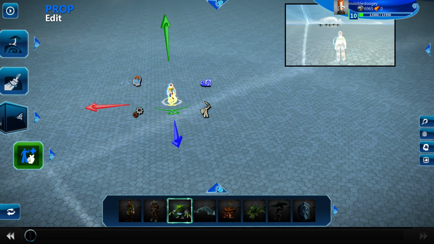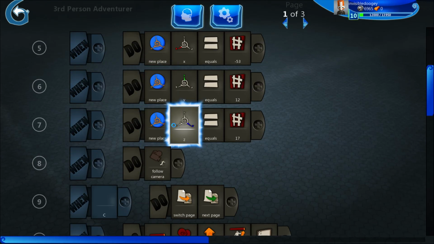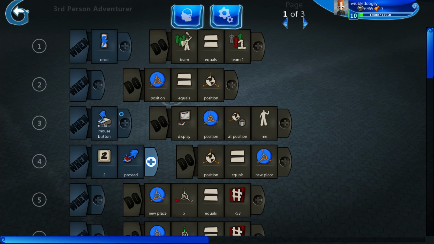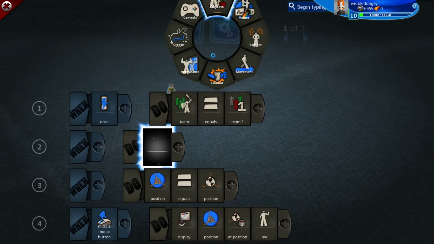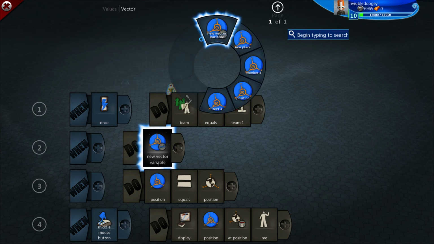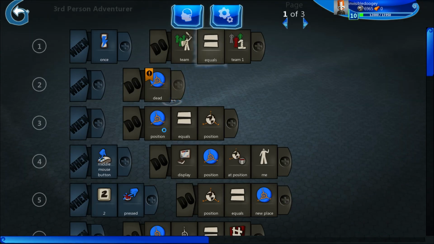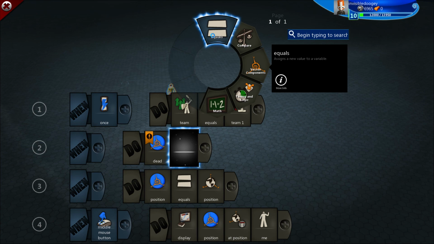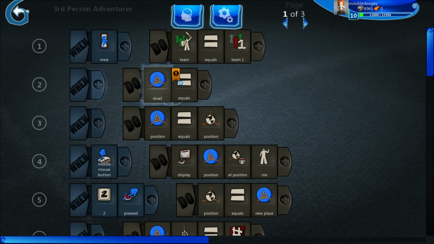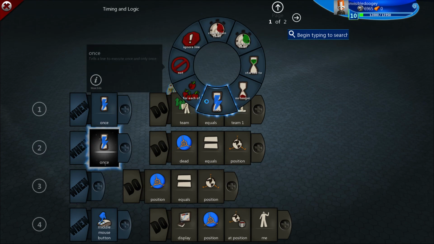But manually takes up a lot of time. Manually setting positions for everything is crazy. So one of the things that you'll probably use most often is respawning a player at a position. So what we want to do is create a new vector variable, and let's call this dead. Really doesn't matter what you call it. So let's just do this. So dead also equals position, but when we do once,